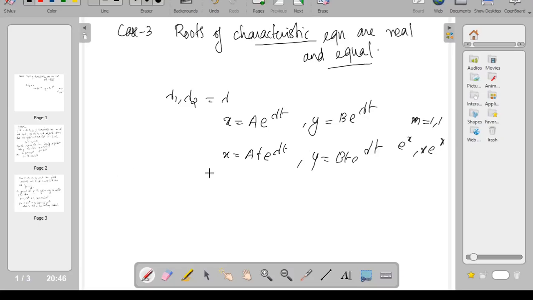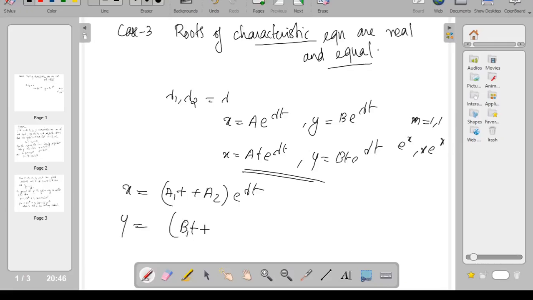So here when you have this particular case, your solution will be in the form a1 t plus a2 e raised to lambda t and y will be some b1 t plus b2 e raised to lambda t. So this is going to be the second linearly independent solution when you have